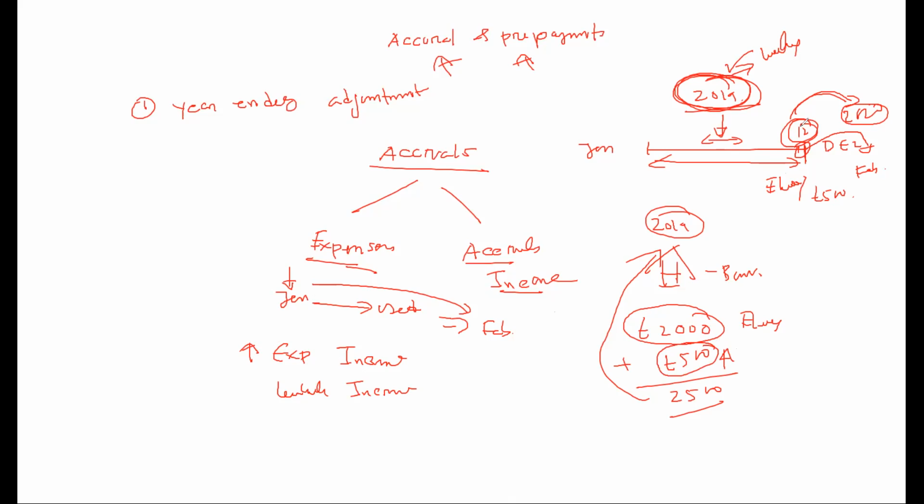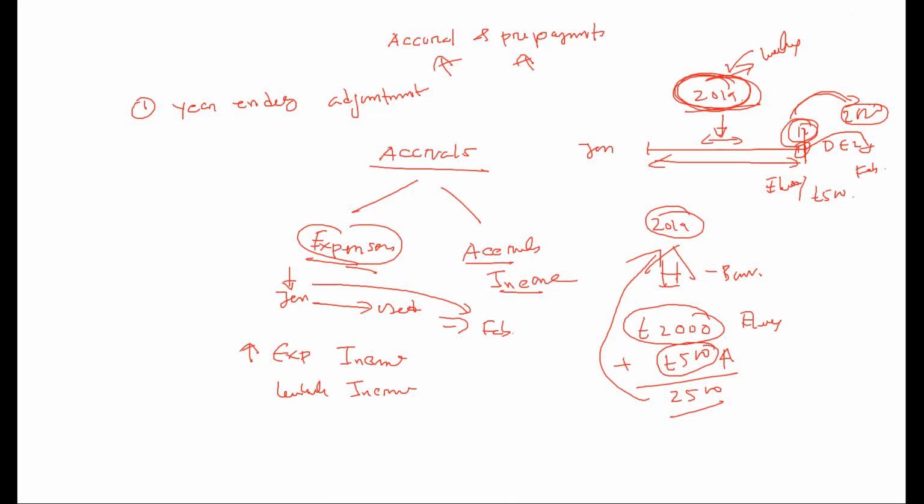So up to December, this is my liability because we didn't make the payment this year that was relevant to this year. So basically, the expense was relevant to 2019, but we didn't make the payment in 2019, so that's my liability. So this is accrual expense. Now let's have a look at one of the accrual expense examples, and obviously we need to know how we actually record it on the accounting system,